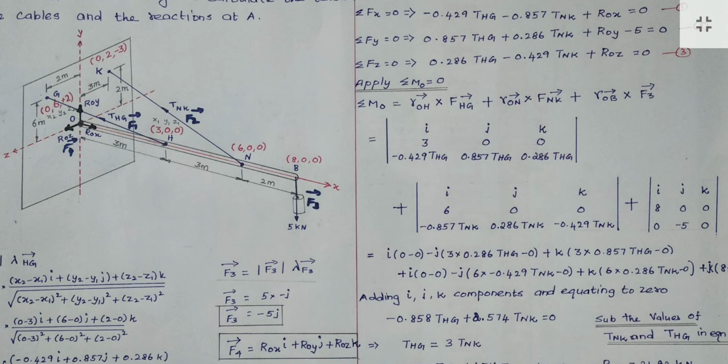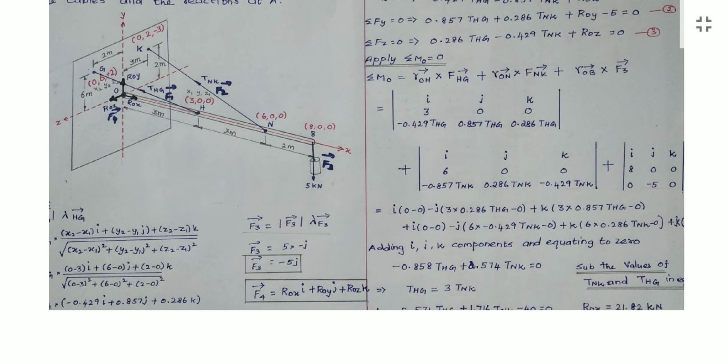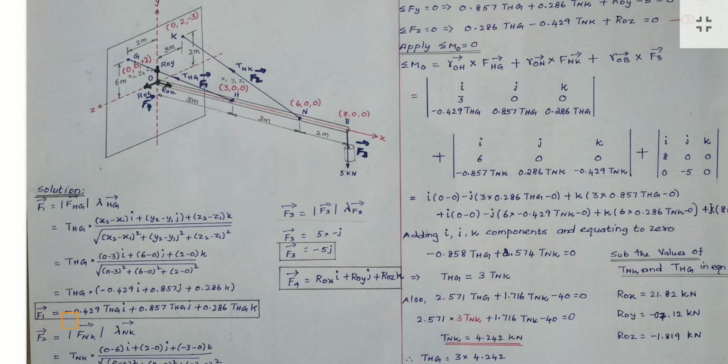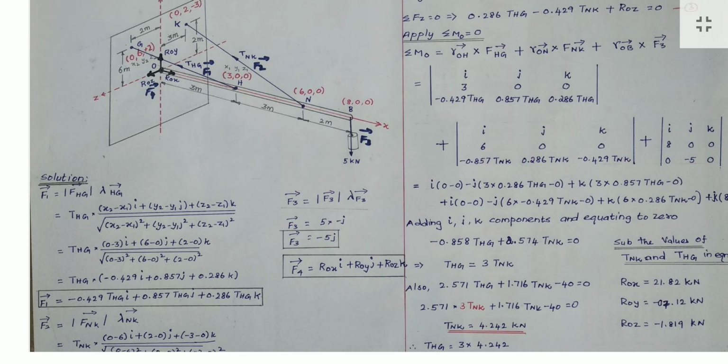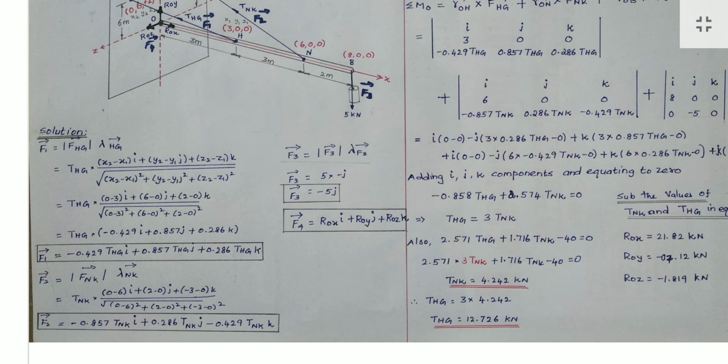Okay. Then F vector, F1 vector. F1 vector we already found, right? In the question itself we found it. So this is F1 vector, just i component, j component and k component, which we found in the force vector. Then second, RON cross F2. So here also the determinant value of ijk. Here ON, O to N, so N minus O: 6, 0, 0. So 6, 0, 0 is the answer. Then the second force vector we already found in the question. So this vector has i component, j component, k component.